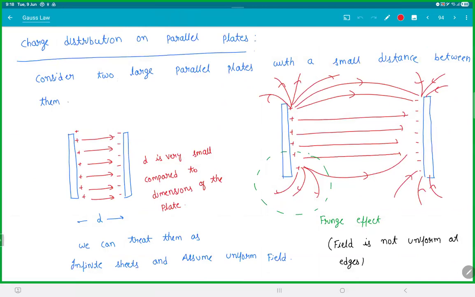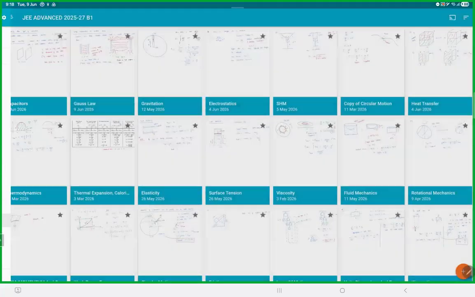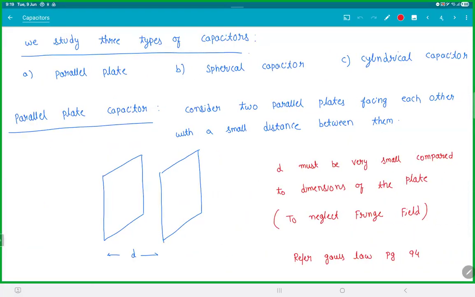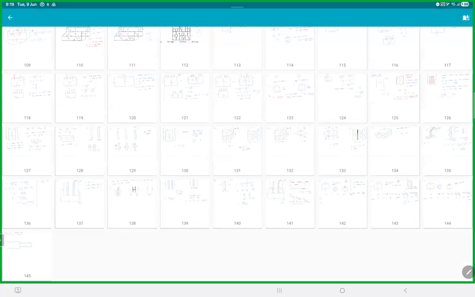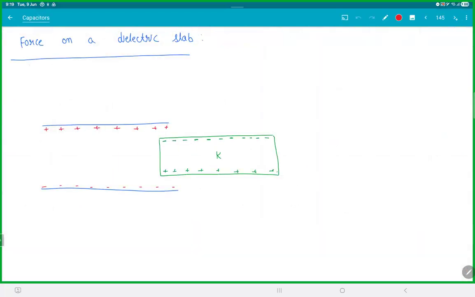If you actually take the plates, the fields on the edges will actually be at angles. This is the fringe field. We ignored this because the distances were very close. But when this thing is coming from the edge, what actually happens, there is a fringe field here. So there are field lines which are going like this. So there are some fringe field lines. Now, because of this field line, see what happens. So on this slab,